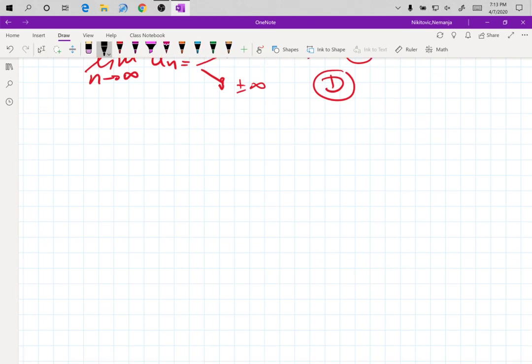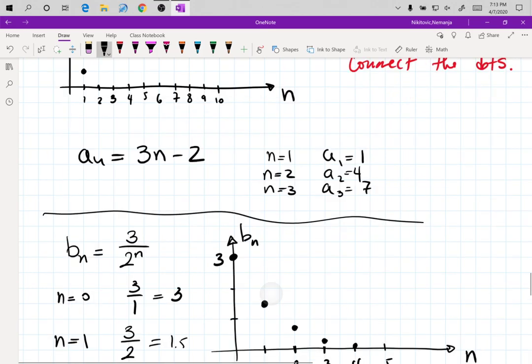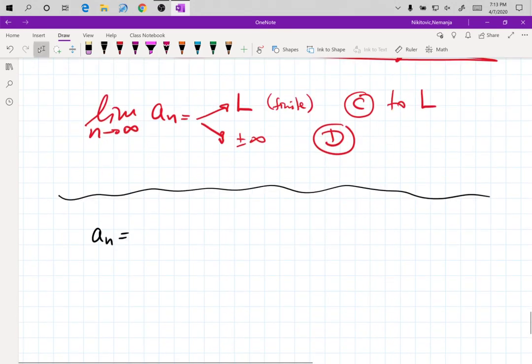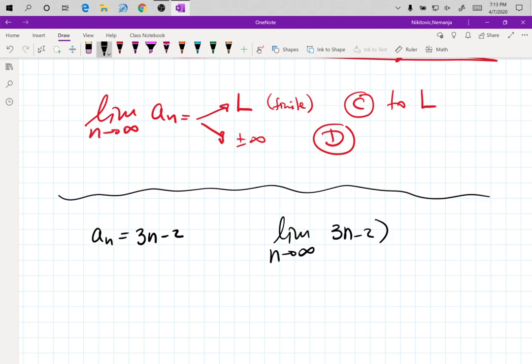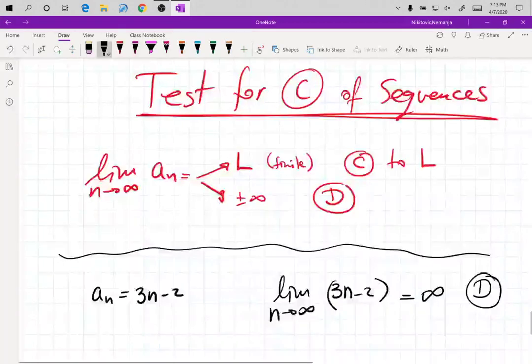Let's test our previous two examples and connect them to that visual output we had. So your an sequence was 3n minus 2. Take the limit as n goes to infinity of 3n minus 2. Well, what is 3 times infinity? It is infinity. Take away 2 from infinity, you still have infinity. This is infinity, and that's why it diverges. The other problem we had, which was 3 over 2 to the n,